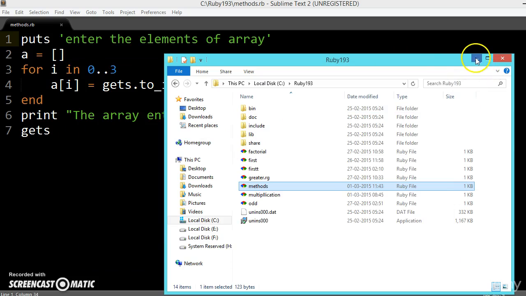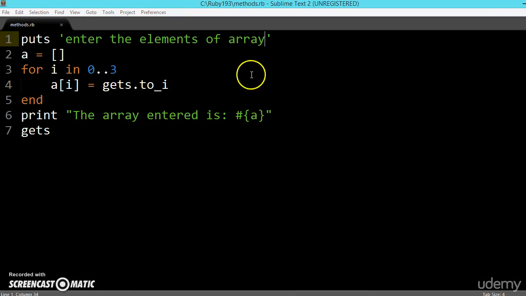So suppose we want to assign this size also dynamically. Now what we are doing, 0 to 3 means we have given the array size as 4. But what if we want the array size also determined by the user?